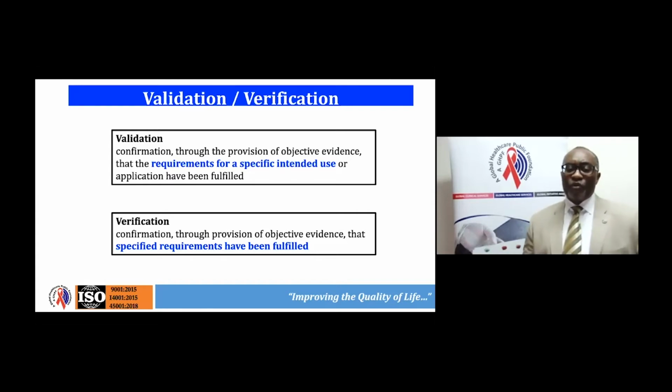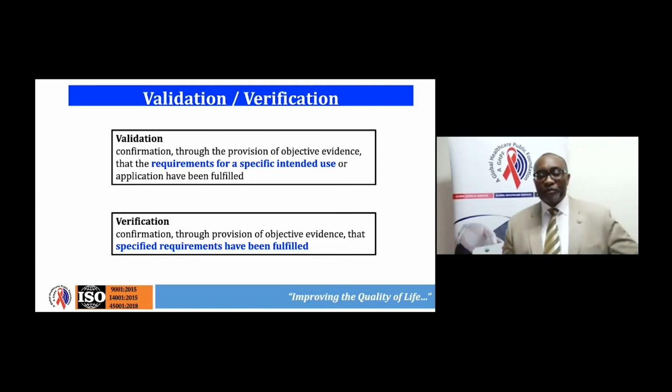So you would have a quantitative, qualitative answer that would be either positive or negative. But ensuring through a verification process that the intended use, the specific markers that were validated for are the specific markers that you get in a verification is key to ensuring that you're able to put this kit onto the market and you're able to use the products in the market for the purposes of the SARS-CoV-2